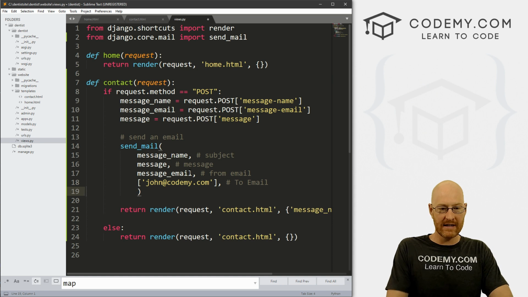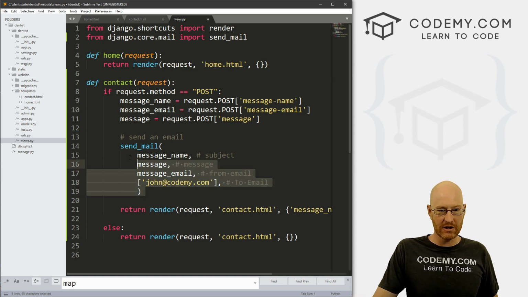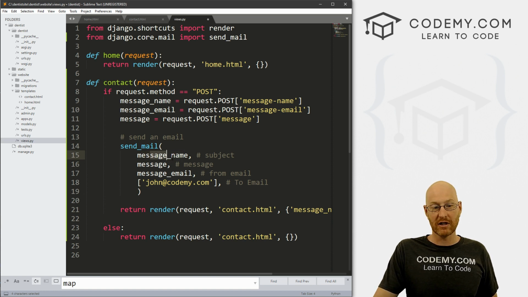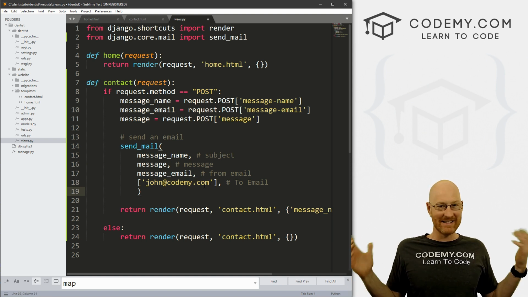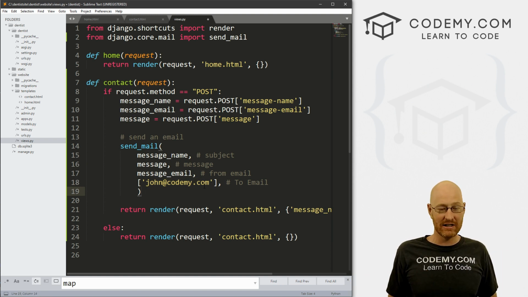And so that's it. This is just the little function that we're building out here. The message name, or the subject, is the first thing, the message itself is the second thing, whoever's sending the email is the third thing, and whoever we want to send this to is the fourth thing. And guess what, guys? That's all there is to it. It's just that easy to send